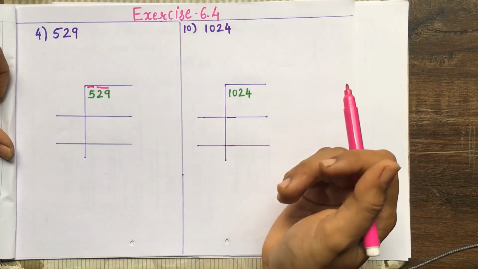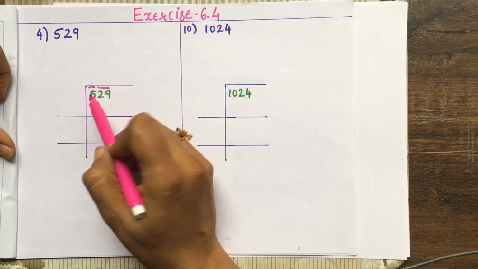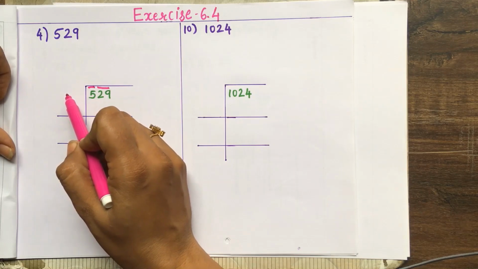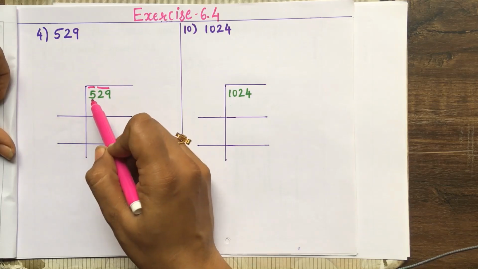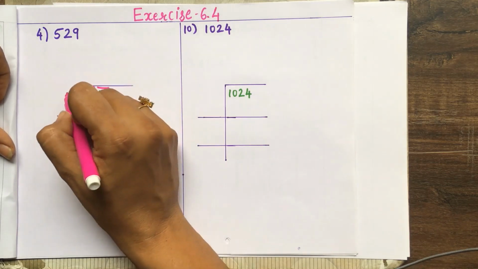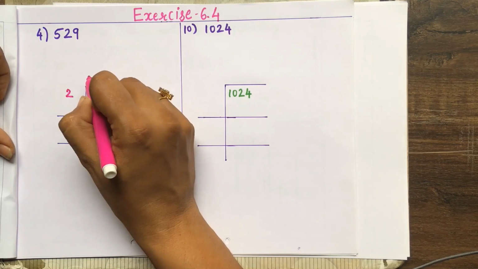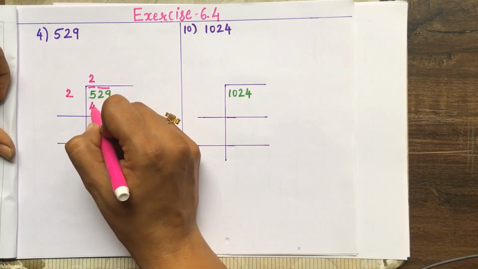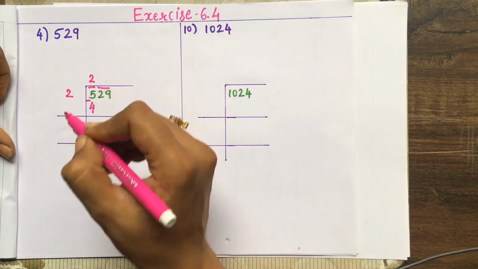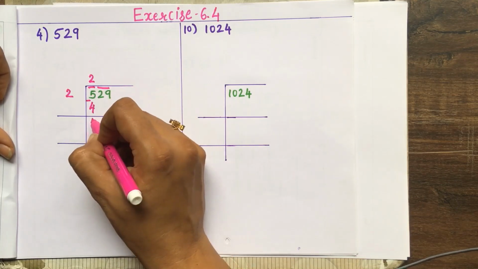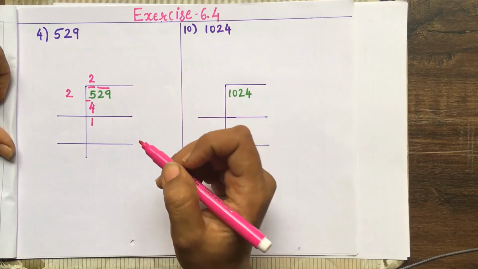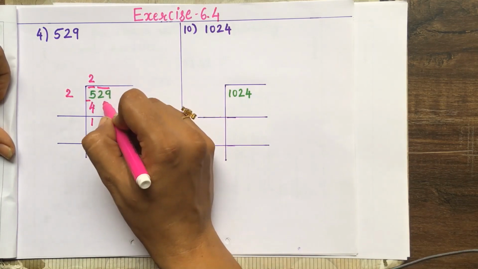That is okay. Now again for 5, here we have to choose the number such a way that if we take the square of that number, then the square should be equal or less than 5. We note that the nearest perfect square number to 5 and which is also smaller than 5 is 4. So here we'll start with 2. So it will be 2 2s are 4. Subtracting 4 from 5, we are left with 1.